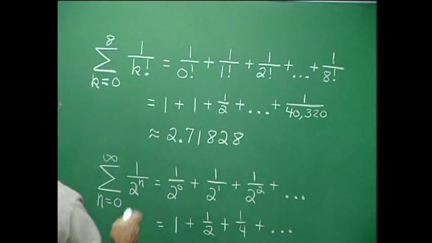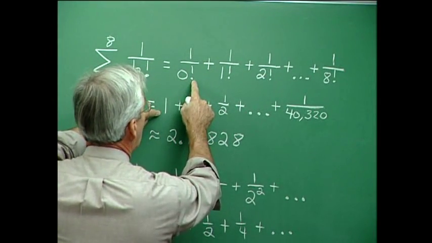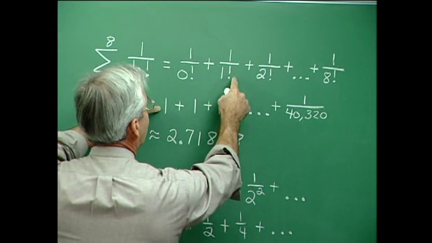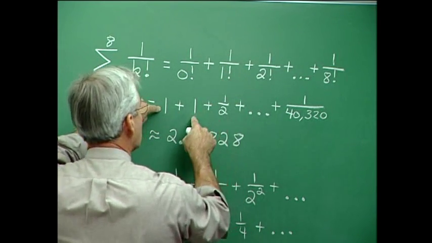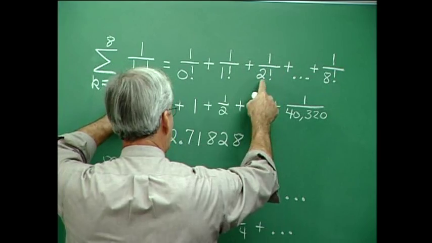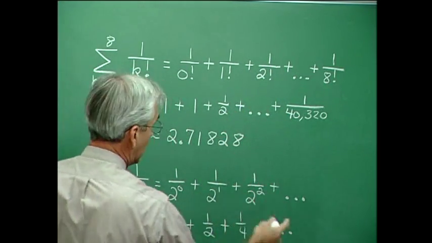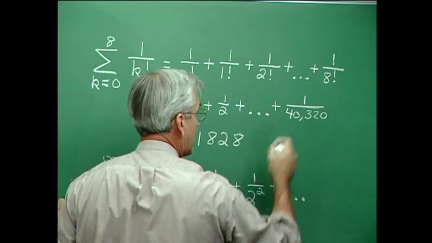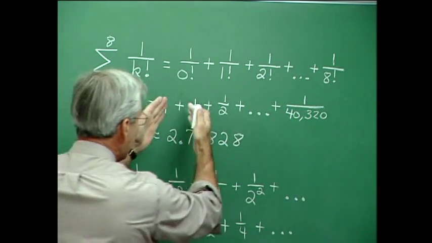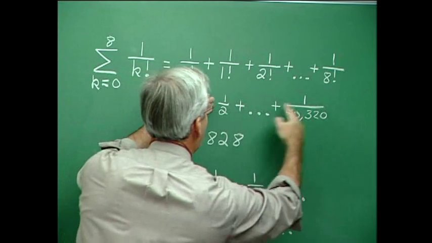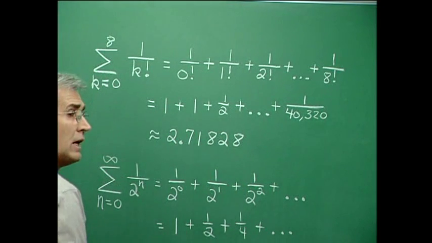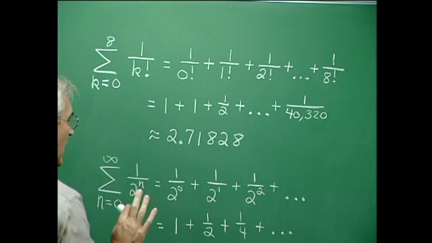evaluate. Okay, let's see. 0 factorial is 1, so 1 over 1 is 1. 1 factorial is also 1. 1 over 1 is 1. This is 1 over 2 factorial, which is 1/2, and so on. When we get out to 1 over 8 factorial, it's 1 over 40,320. Now, adding all of these fractions, adding the fractions out here with the 1 and the 1, it turns out that the value is approximately